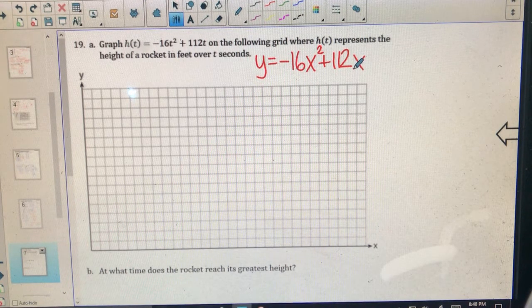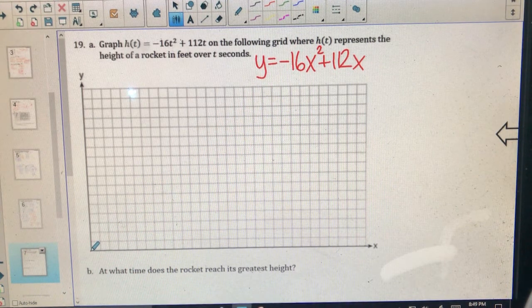Now, if you hit graph, these numbers are way too big to actually be seen on your 10 by 10 grid. What that means is you're going to have to look at your table to pick out the specific points that can be graphed. Now, if you look at the grid that's given to you, it's only one quadrant, and what that means is you can only graph positive values. Your origin is down here. That's your 0, 0. You can only go to the right and you can only go up from there. So you can only plot positive values, which makes sense because we're talking about seconds. You can't have negative time, and we're talking about height,